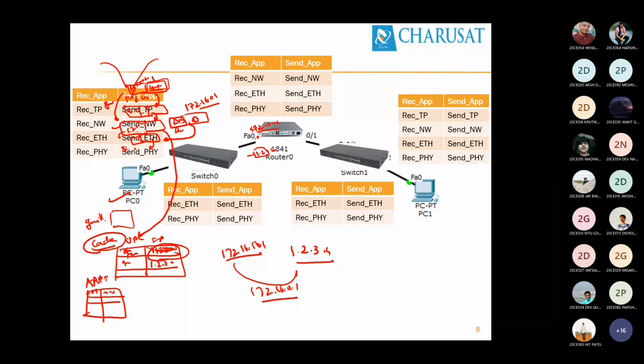Yes, it is available. Like the previous DNS entry, when we went to DNS it was available at that time, so this will be available as well. Then it uses the destination MAC address as 172.16.0.1's MAC address, and it sends to the physical layer. The physical layer will forward that packet to the switch.